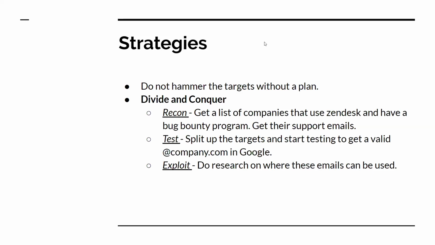So in our case, we did a recon of finding all the companies that use Zendesk and that have a bug bounty program. We obviously did not want to attack any companies that did not have a bug bounty program because in the end, then we're being malicious and hacking them for no reason, right? And for test, we started splitting up our targets to understand how they worked. Because it was between us three, we decided to choose targets based on what we have hacked before. So for example, GitLab was something we all looked into. So we decided, let's hack on it together.